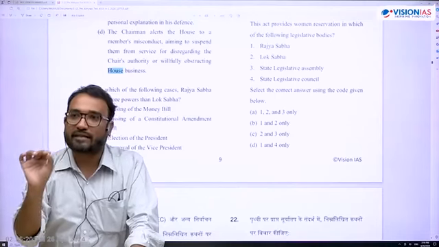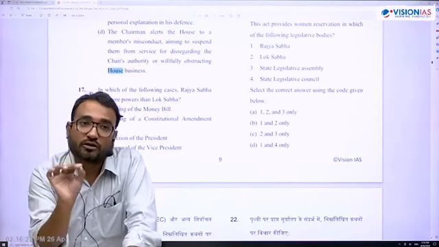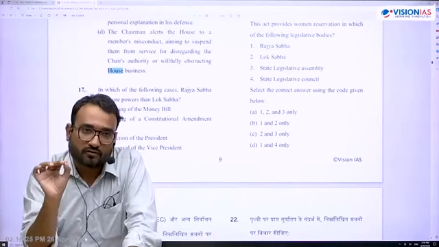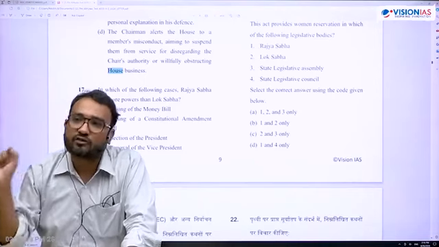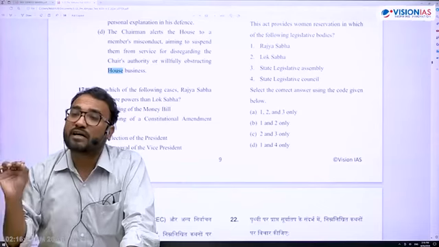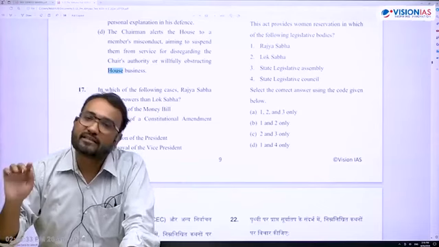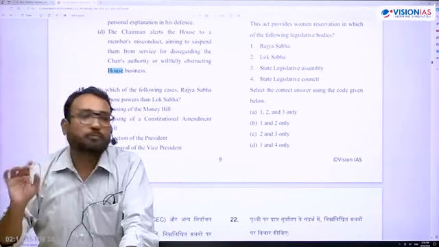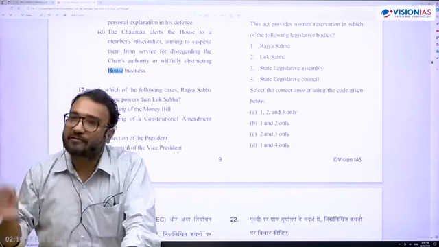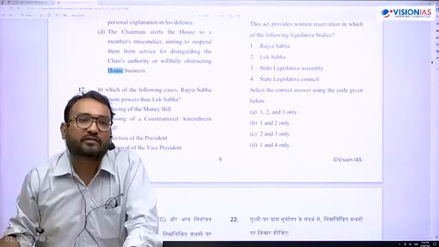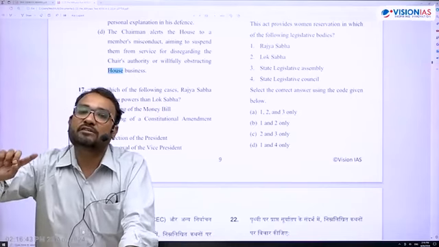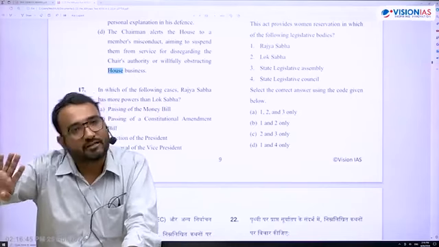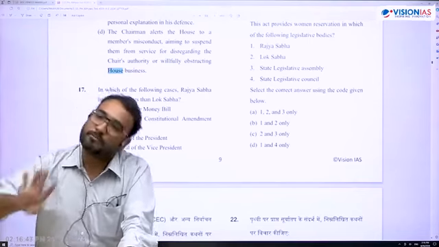Just the prime point that I want to emphasize. A resolution to remove the Vice President will be introduced in Rajya Sabha and will be supported by the then members of the House and agreed to by Lok Sabha. Then members of the House, scholars interpret it as effective majority. Scholars interpret it as effective majority. Now in the book they have written special majority, because there is a common thinking that any majority that is not simple is a special majority. But the technical term would be effective majority.